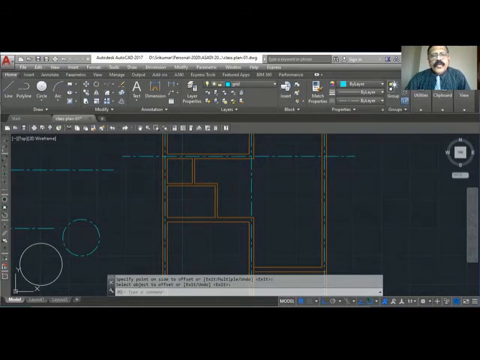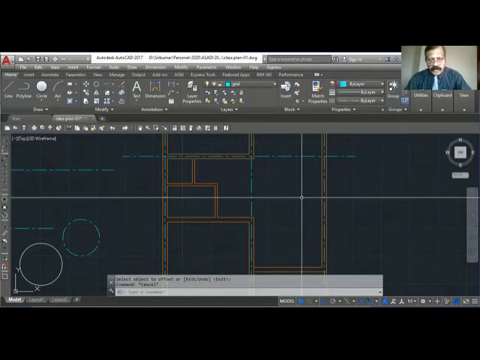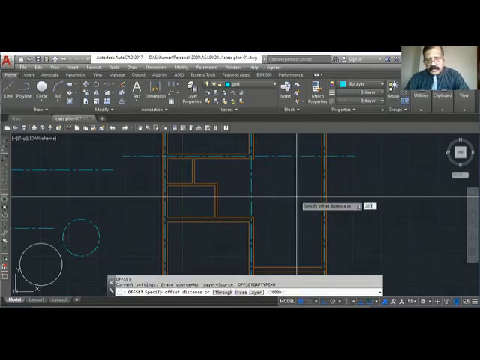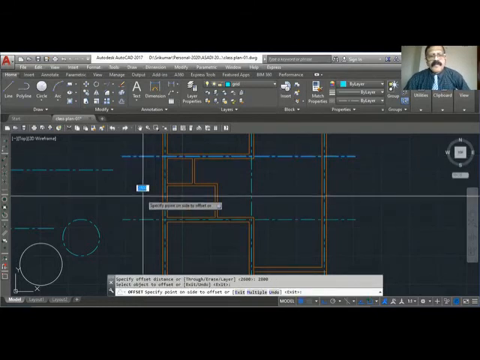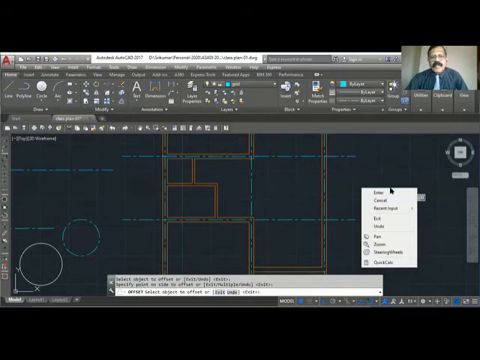So 1.2, then toilet 1.4, so 2.6. That is the inner measurement. So 2.8 is the center to center. 2800. Okay, I got it.